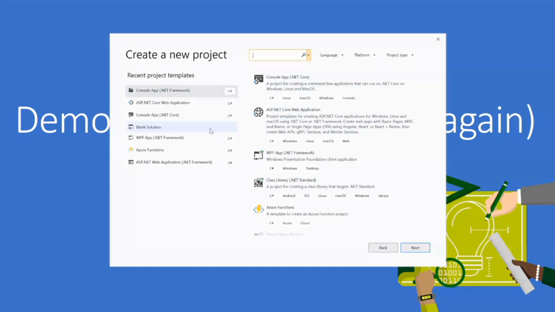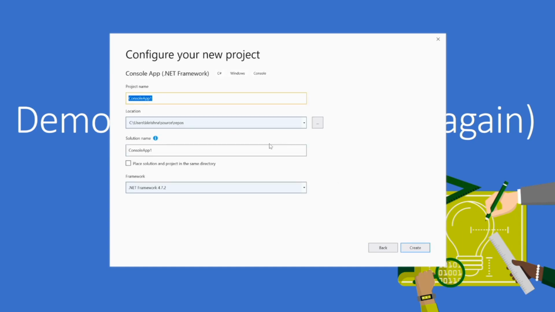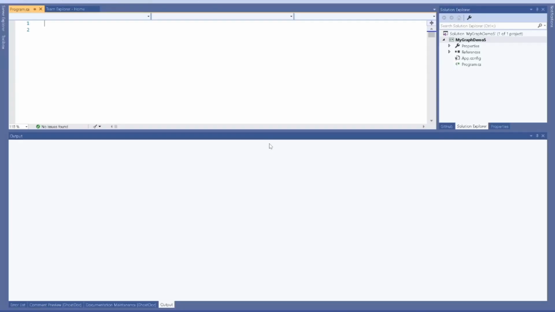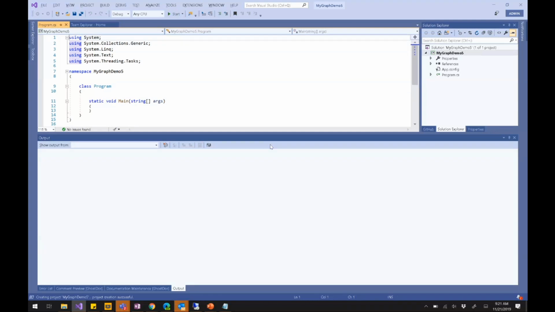As I had explained, we would be using the console application, which is a .NET Framework app, not .NET Core. .NET Core still doesn't have a very good functional UI, so you would not be able to sign in a user. So I will say create one. I'll call it MyGraphDemo5. Okay, and then I will navigate to